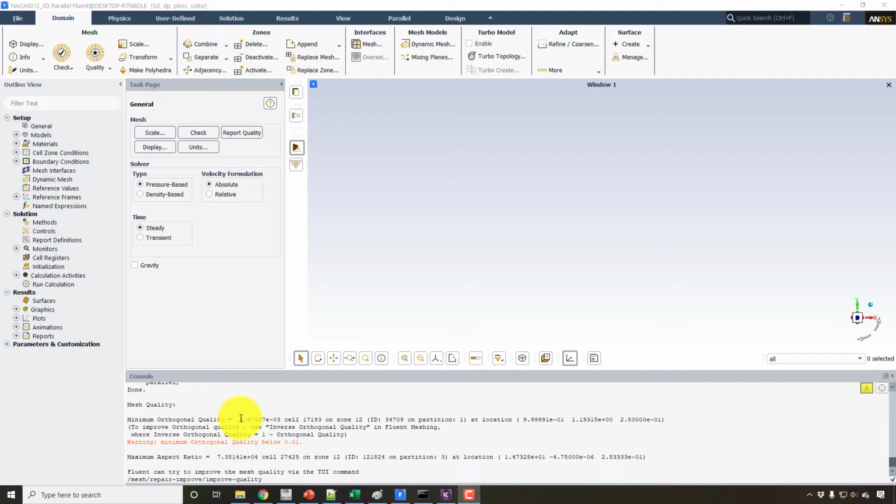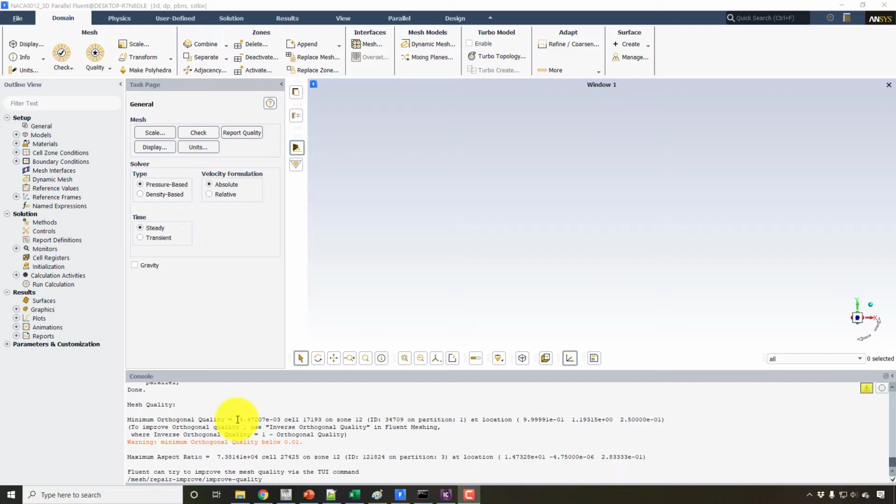Now orthogonal quality depends on various factors. Number one is the determinant 2 by 2 by 2, which is very good in our mesh, above 0.7. Then the minimum angle, which should be greater than 18 degrees, and in our mesh it is more than 44 degrees. And the third thing is the aspect ratio.